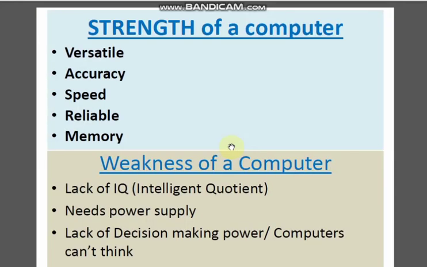So what are the strengths of a computer? Yes, a computer is versatile, and it gives very accurate results. Versatile means it can do multiple tasks, multiple kinds of jobs. You can watch movies, listen to songs, play games, write letters, work on your office job, anything you can do on a computer. It is accurate, it gives very exact results. Even after a decimal point, it can give many digits, to that accuracy it can give.